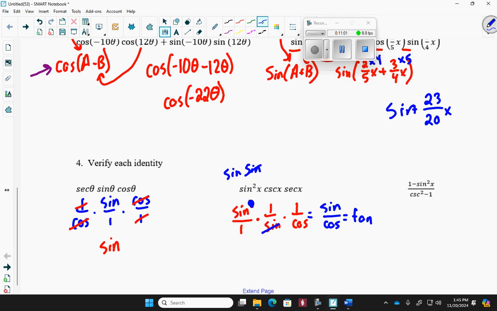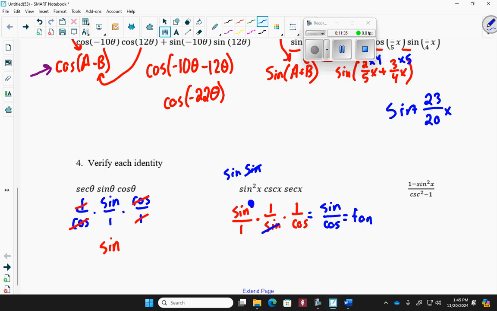There we go. All right, next one is a Pythagorean identity. A Pythagorean identity right here, as well as in the denominator. So we've got Pythagorean identities all over the place. All right, so 1 minus sine squared. You do have your formula sheet in front of you. You might need to ask me or Ms. Vetrano when you see this, but for 1 minus sine squared, the identity